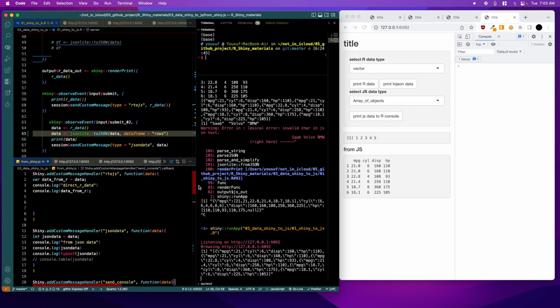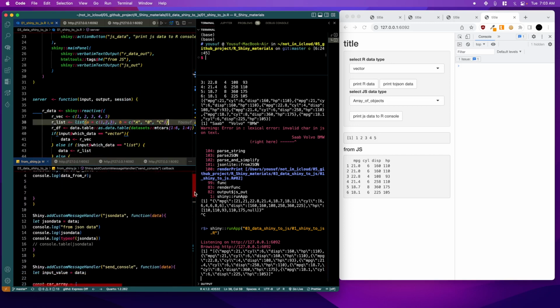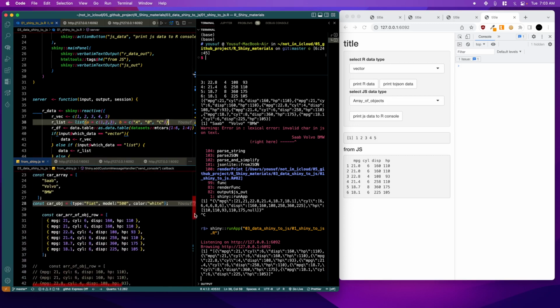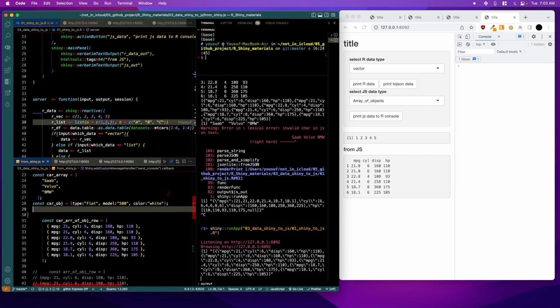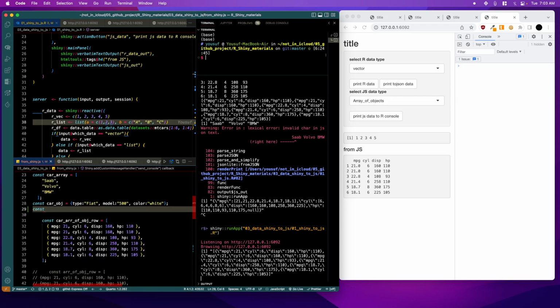If we have a list like this one and we want to get back exactly this, we have to stringify. Otherwise, let's try that one. Let's go constant rlist. Let's say we make an object